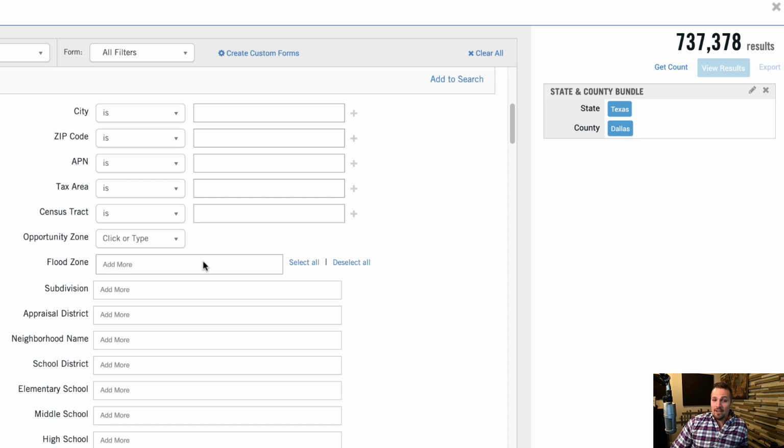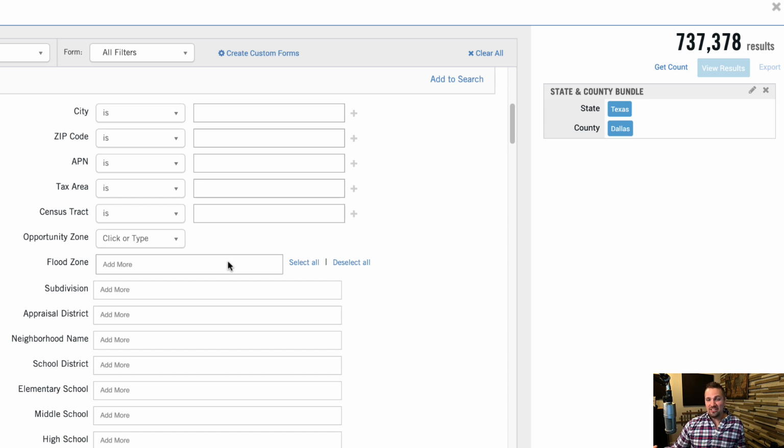But anyway, if you do want to select one or all of the flood zones, basically what this is saying is that you do want to send mail to the properties that are in a flood zone. I don't know of a way that I'm seeing yet, anyway, that you can simply exclude the flood zone properties from your list. Maybe there's some way to do it that I'm just not understanding yet, but that's how that works. And apparently, this also has very good coverage nationwide. Again, don't know what that means exactly, but I think one way to know if it doesn't have coverage is if it gives you no results, or if it doesn't change the results at all.